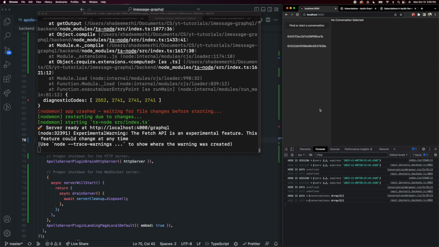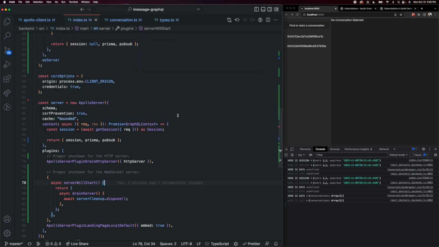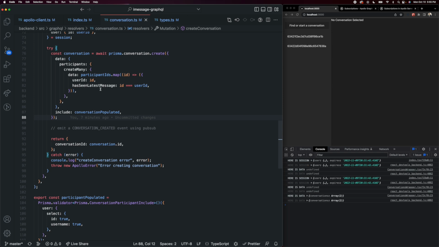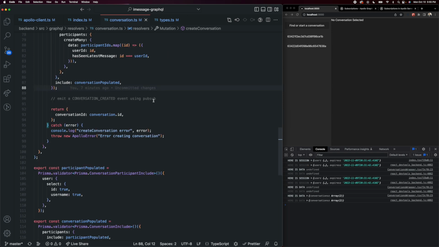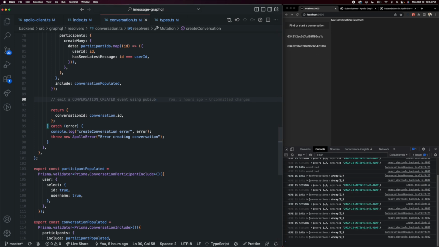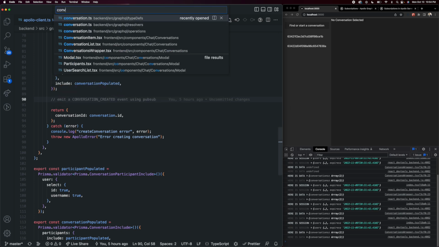And we can now create GraphQL subscriptions so that we can get real-time communication between our server and a client. And so now that we have all of this set up, we can go back to our conversation creation flow and actually publish this conversation created event and create that conversation created subscription resolver function. And that is how we are going to get new conversations to appear in real time on our user's front end. So to create our new conversation created subscription, we are going to need to declare it in our conversation